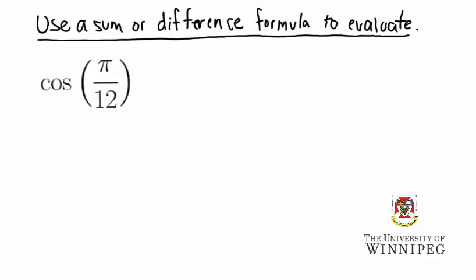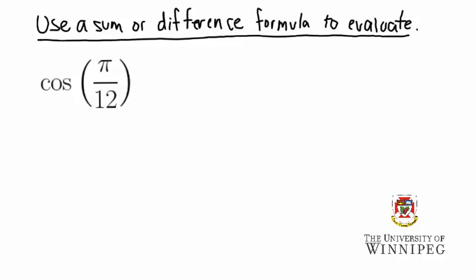In this video, we're going to do a couple evaluations with the sum and difference formulas for sine and cosine. So here, we're going to try to use a sum or difference formula to evaluate cosine of pi by 12. The idea is to try to rewrite our angle as a sum or difference of two angles that we know